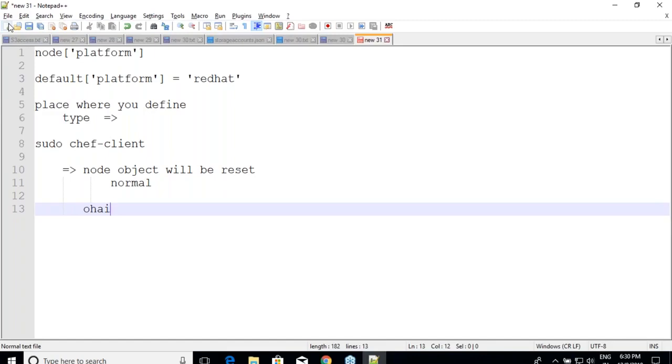And this node object will be maintained at the client and will be sent back to the server. Your server will maintain the whole list of your node objects as something called attributes. Remember, whenever we selected any nodes, there was an attribute list over here. That attribute list is nothing but a node object, the complete node object with all possible values. This might sound theoretical, but I think I've tried to minimize the effort over here.